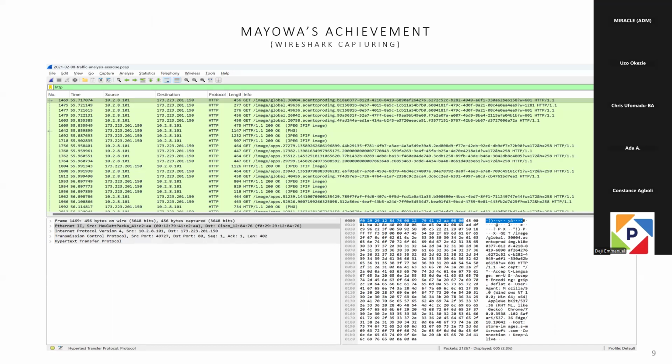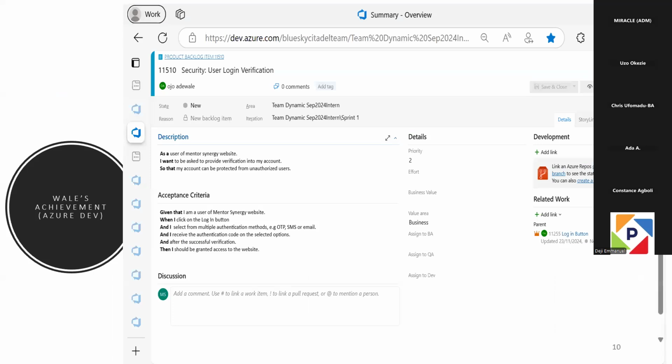And Adewale has also worked on Azure DevOps, where he has encouraged other members to be security conscious regarding login details, that we must verify everyone that is logging in to Mentor